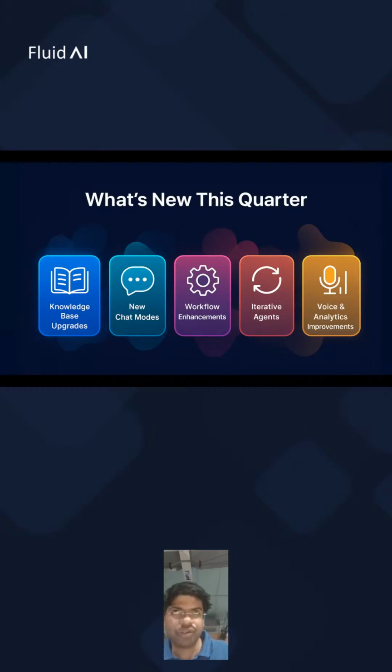And iterative agents, right? I think what we have seen is we may want to run the agent multiple times as it iterates onwards, right? And we're going to show you a very exciting demonstration of that in action. Finally, it comes to voice and the analytical side. So we've really worked hard on making the voice even more human-like, giving it dialects, giving it accents, allowing it to be really fun to play with, as well as improvements on analytics, because we all know analytics are key when you deploy any agentic system. So here we go. Let me walk you through all the updates that our team has worked on through the year.